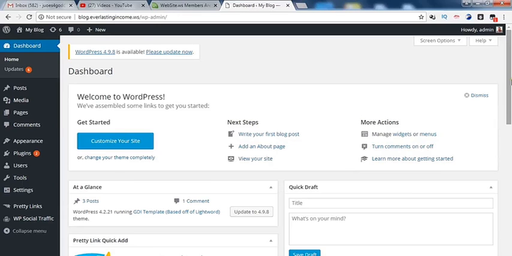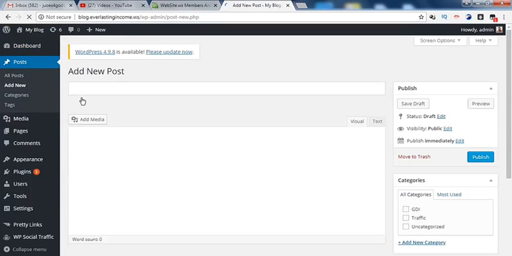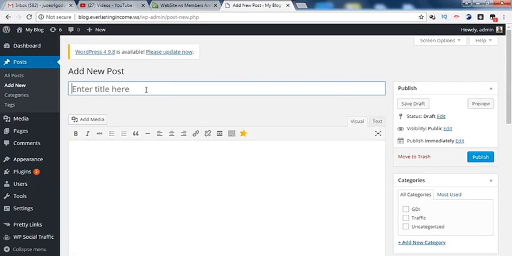Okay, briefly. So once you are here, what you should do is you click posts. Okay, highlight posts. Just click this add new. Okay, once you click add new, it will bring you to this section. You put your post title, and then you put your contents. Okay, you copy your contents or you type your contents here, and that is it. That is all. That is how to do it.